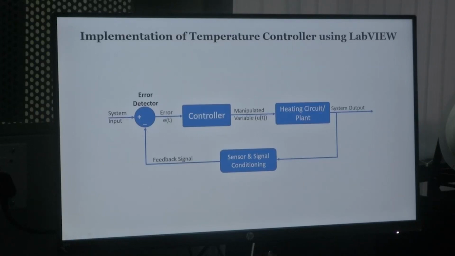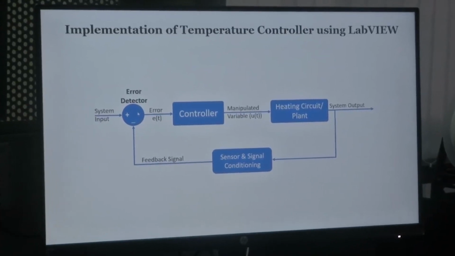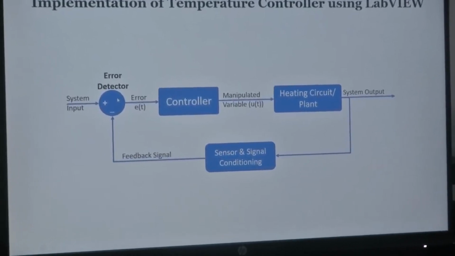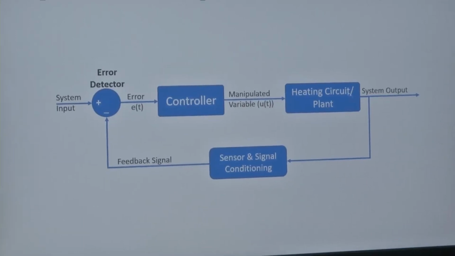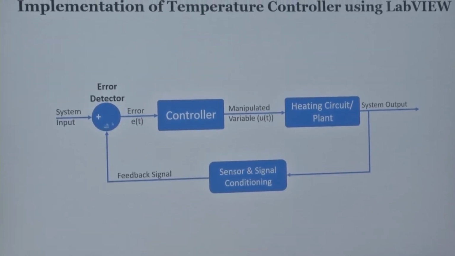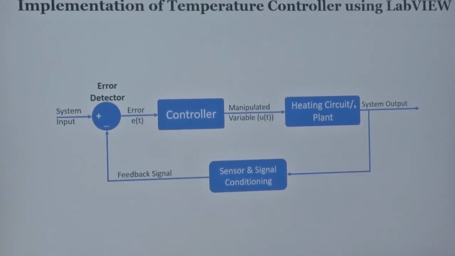Here you will have an error detector, which finds the difference between the system input and your actual output. That means if I set the temperature on the plant to 50 degrees centigrade, the error detector finds out what the required temperature is, meaning 50 degrees, and what the current temperature on your plant is. If the plant temperature is below the required value, obviously the error detector will give you a positive